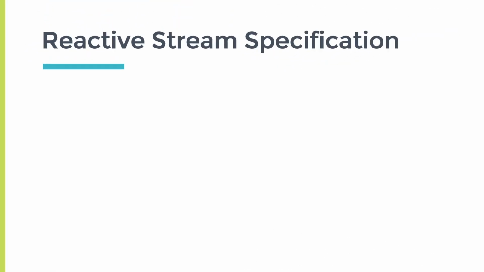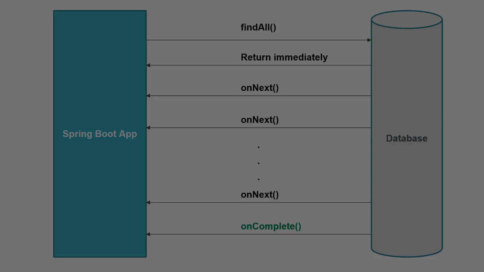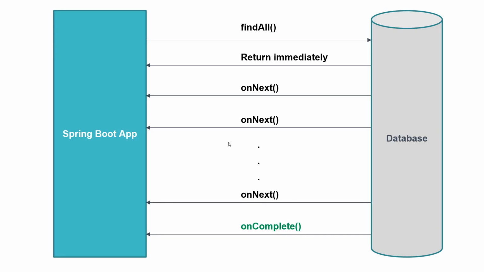Hello and welcome back. In this lecture, we will see reactive stream specification. But before that, let's first understand what is reactive stream. In the previous lecture, we have seen event-driven stream using this diagram, and this is how data flows between publisher and subscriber. In other words, we can call it reactive stream. So now you got an idea of reactive stream. Let's jump to the reactive stream specification.